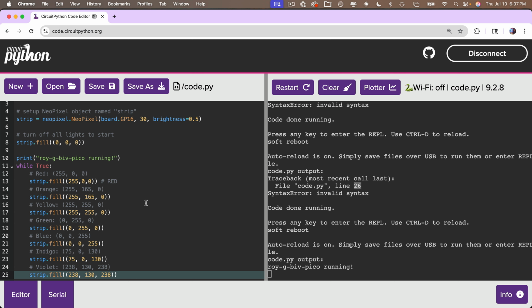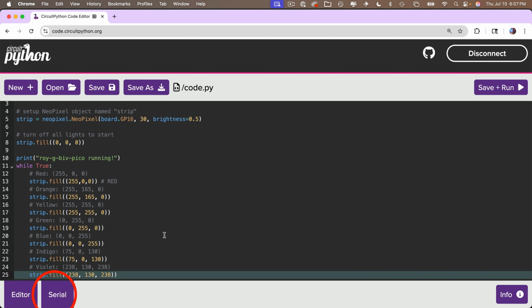We just use the sleep function that's part of the time library. Also, quick pro tip, if you want to hide the serial console output area so you give yourself more space to code, you can just click on the serial button in the bottom left of the window here to toggle it open or closed. And now in my code, underneath where I set the color to red,